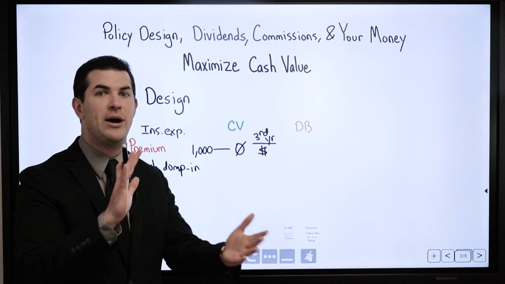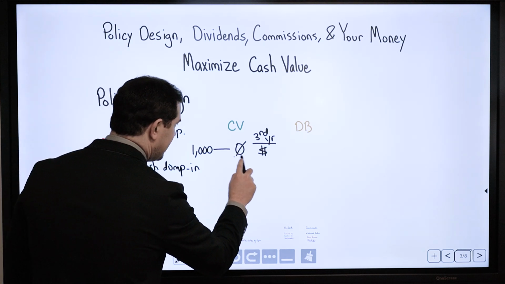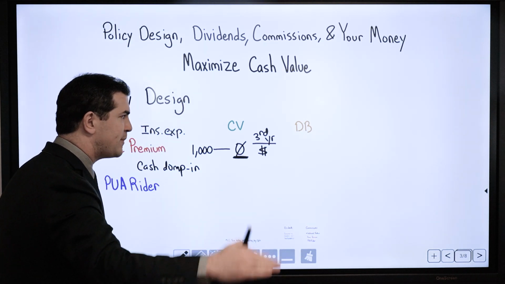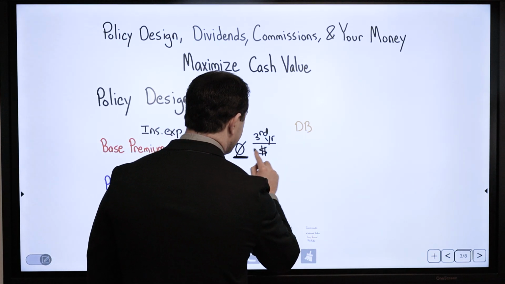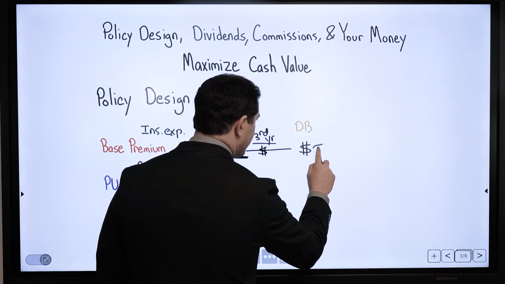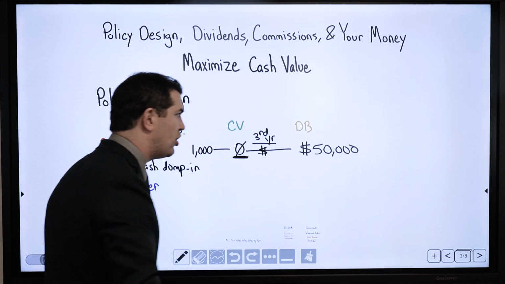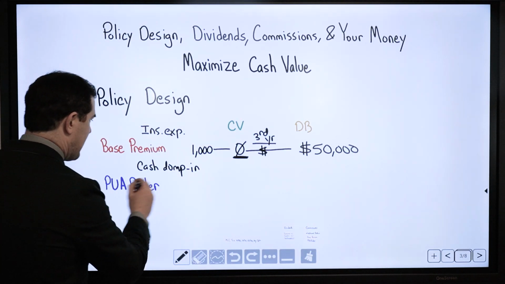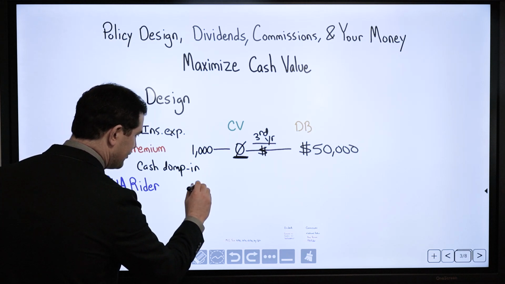Anything in cash value I have access to right off the bat. But the first and second year with a traditional whole life insurance policy, nothing shows up in cash value. And the reason why is really because the insurance company is overcharging me for the death benefit up front, the cost of insurance. Whereas this PUA component, this cash dump-in, if I pay $1,000 here,